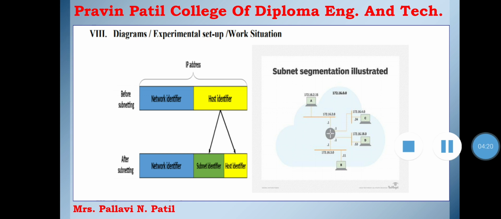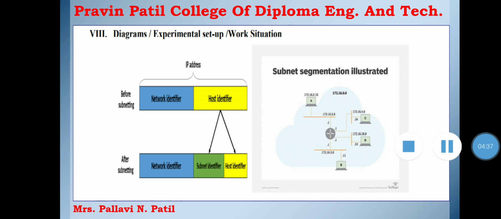So change the subnet mask. The more host bits are used for the subnet, the more subnets are available. However, the more subnets are created, the fewer host addresses are available per subnet.